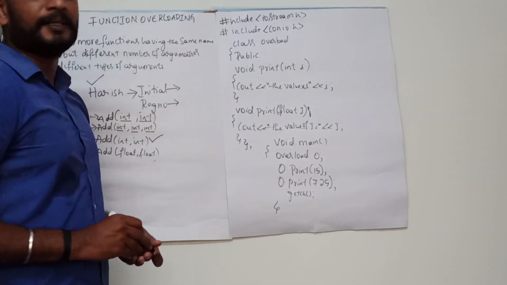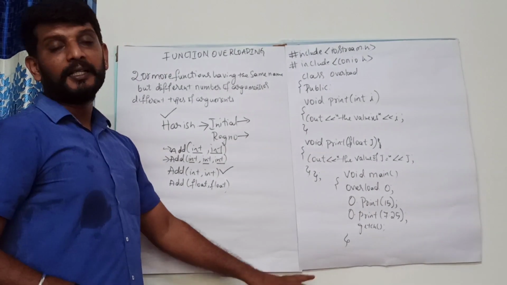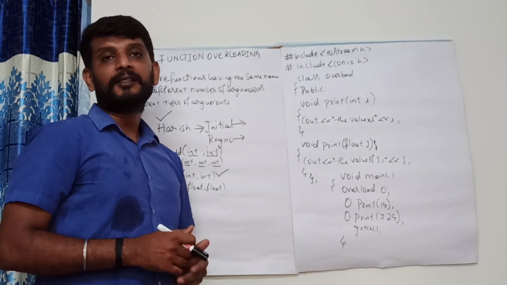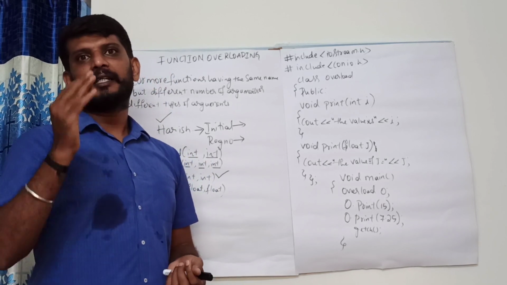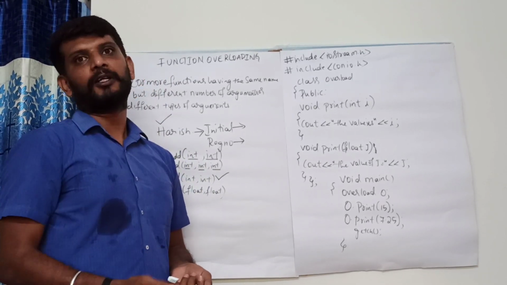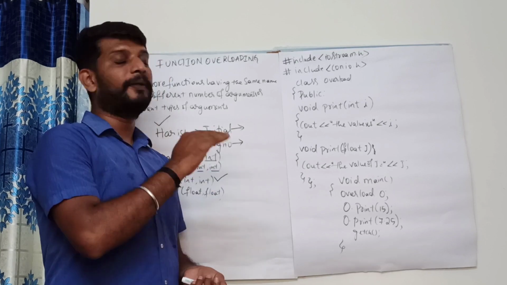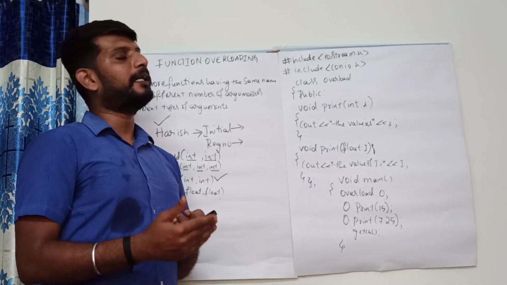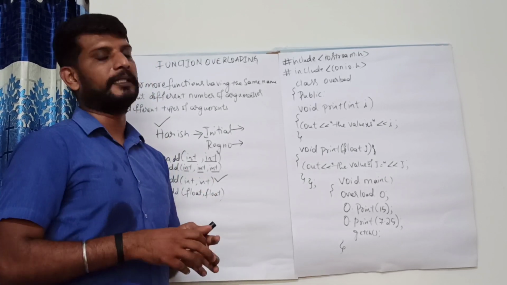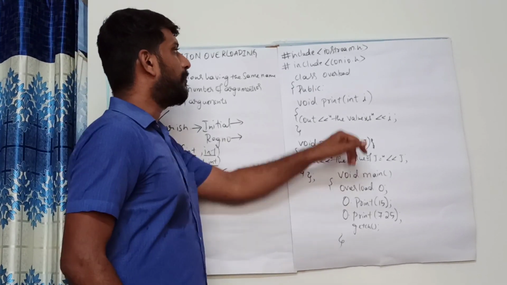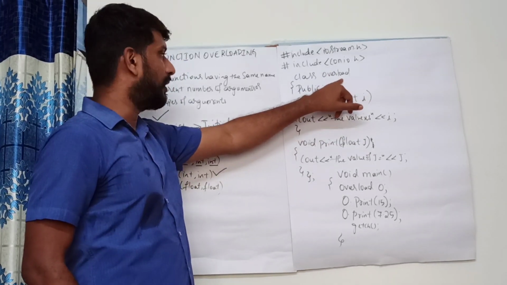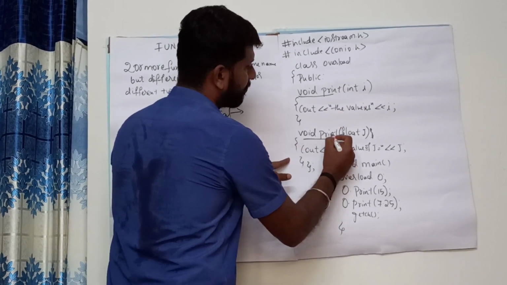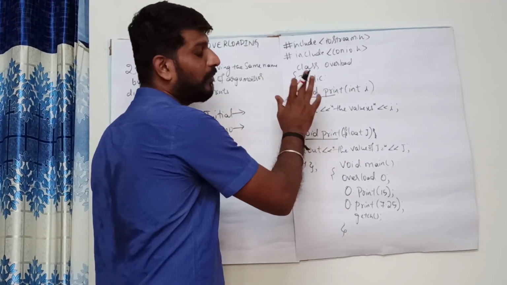So this is a simple program that explains the concept of function overloading. So the concept is two or more functions having the same name but different type of argument. In this particular session, I will be explaining regarding the different type of argument. In our next class, I will be explaining regarding different number of arguments. Now, what I am doing is, I am creating a class with the name overload. In this, I am creating two different functions with the same name.